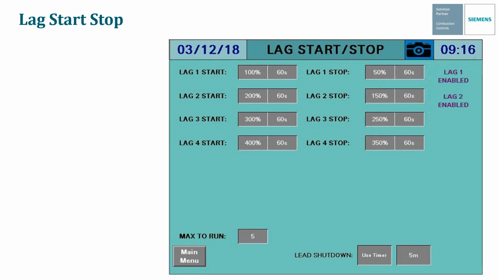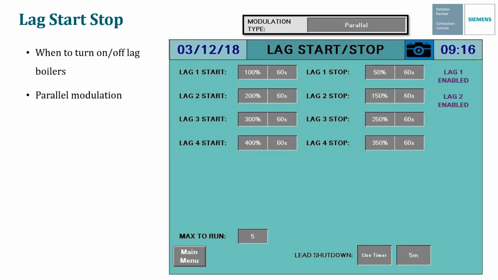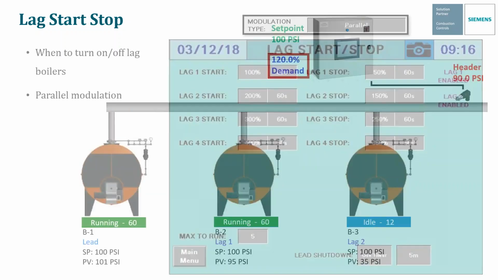So now we get into our lag start stop screen. And in our lag start stop screen, we're going to determine when each lag boiler gets turned on. So in our system setup screen, if we chose a modulation type of parallel, this is what the screen would look like. We're not going to go through the sequential setup right now because it's not very common. But for the parallel modulation,